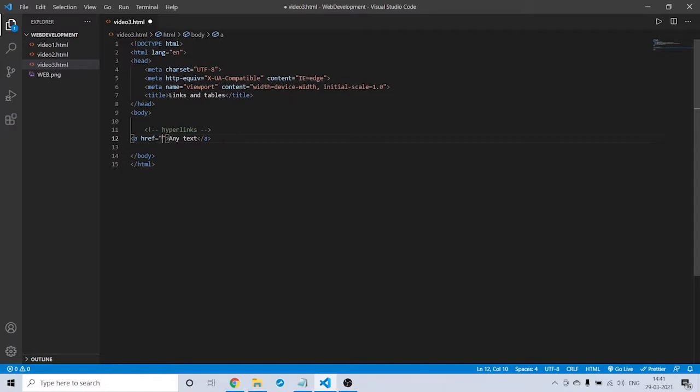Now what I will do is I will make two links here, and I will change this to relative and this to absolute. Now the difference here is that relative is nothing but the local one.